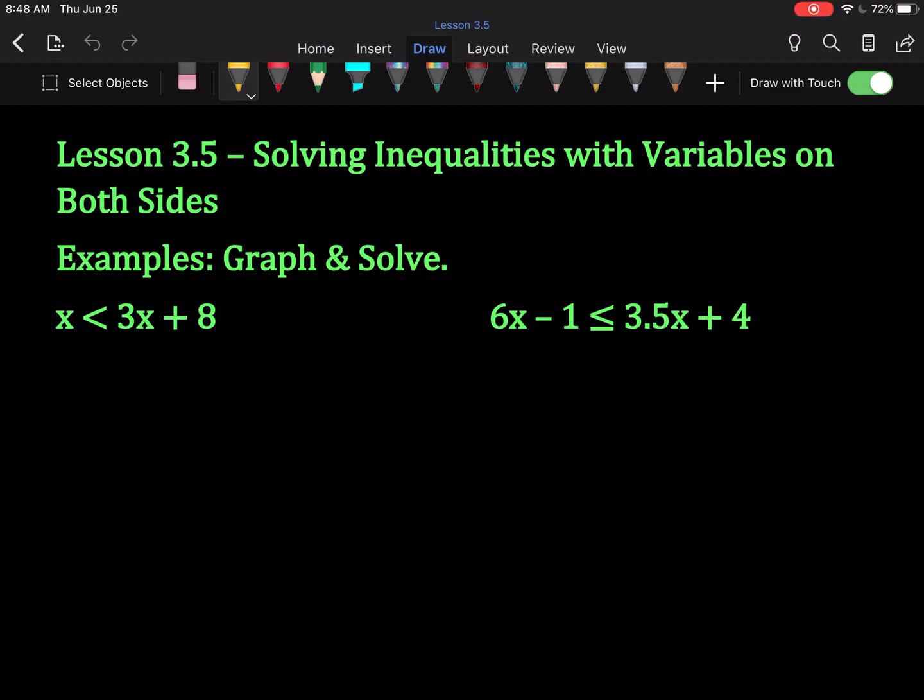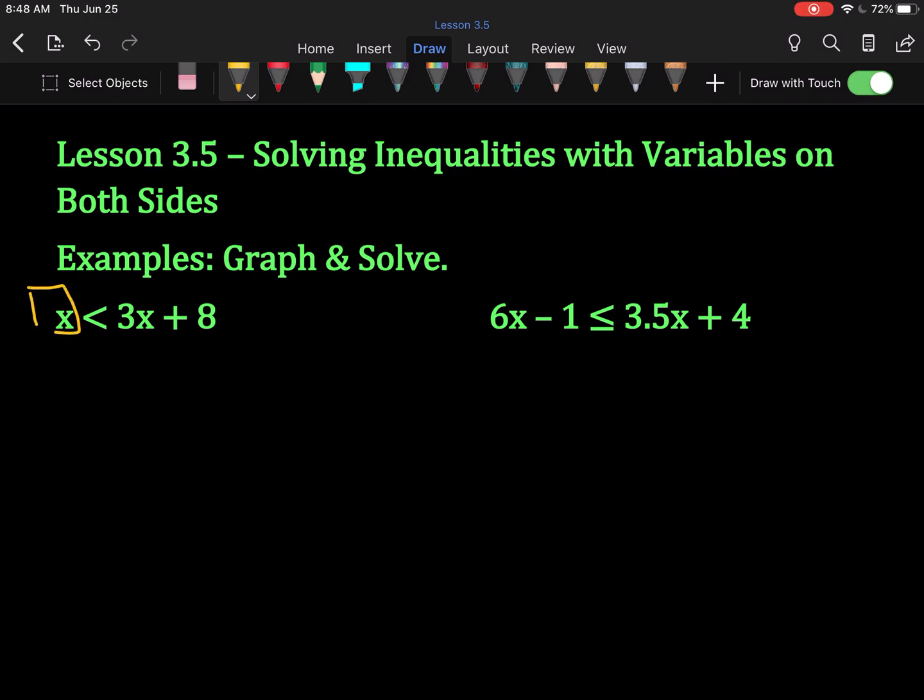And the next step would be inequalities with variables on both sides, Chapter 3, Lesson 5. Just like with equations, the idea here is going to be, let's get all the variable stuff to the left side, let's bring all the number stuff to the right side, and deal. We will need to look for combining like terms. So, first